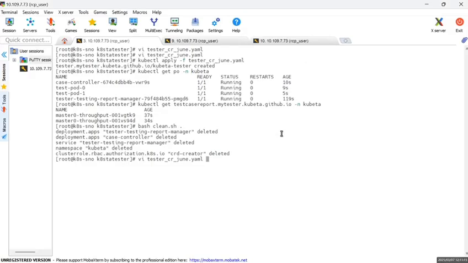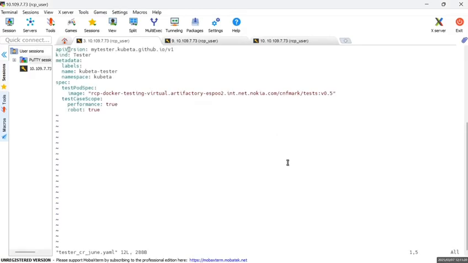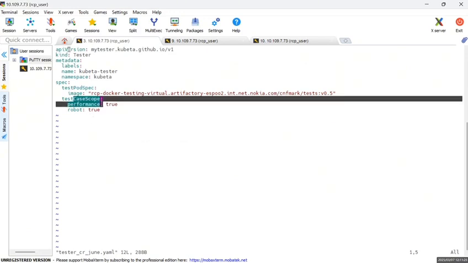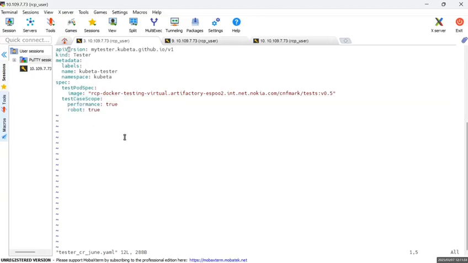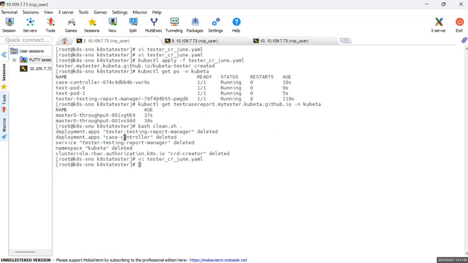Now let's demo how parallel test execution works in kubeta. By defining multiple types in this test case scope. Here we can see we define the two types of cases which will be tested. By specifying multiple test cases in this section, kubeta will execute them simultaneously using